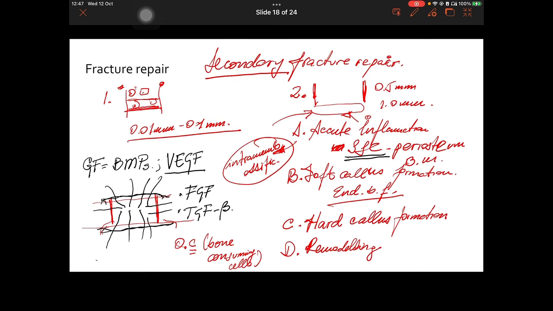Reduced meaning we have to put the distal and the proximal end in close proximity. We don't want the distal end like that and the proximal end like that. So that's why surgeons use casts, or external fixation devices like screws and other techniques and plates to approximate the bone together